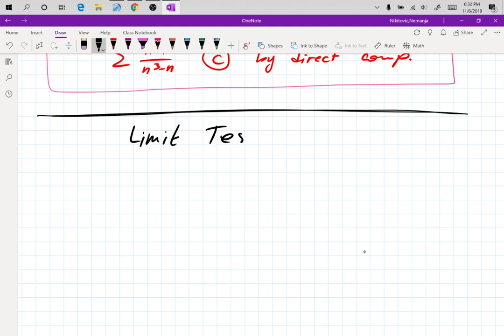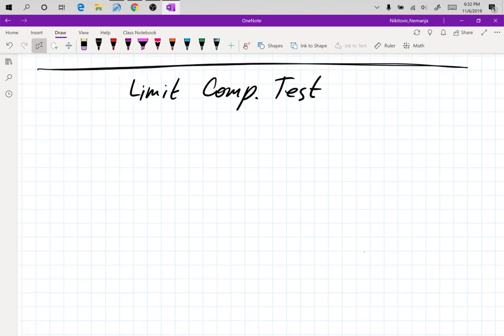Limit comparison test. Now this is the biggie, right? This one is the big one. There is also the more advanced version of this in advanced calculus, if you ever take it. And for this test, you will be using the limit. This is the last row of your sheet. So again, for an and bn larger than 0,